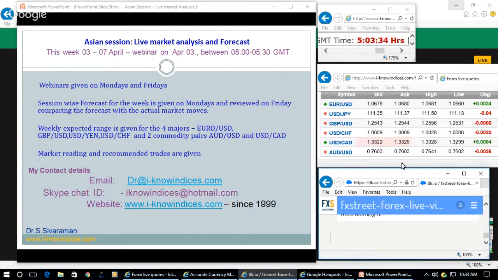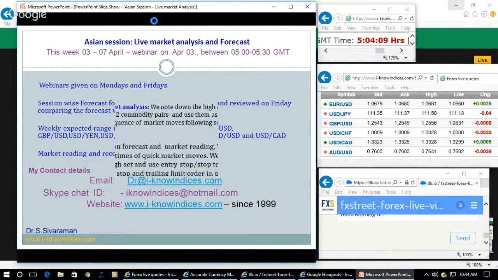So every time you come across the month end and the month beginning time, the players show extreme moves in the market. They show the extreme lows. Last week we have seen the extreme lows shown in the case of Euro and GBP, and also extreme highs to a certain extent. And this time again, during the first week of April, they will try to show the extreme moves on the downside as well as the upside in order to fix the lows and the highs in the derivative market.